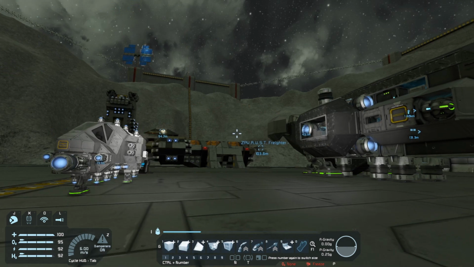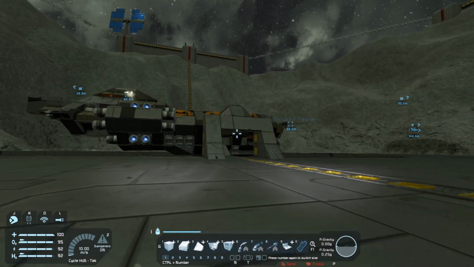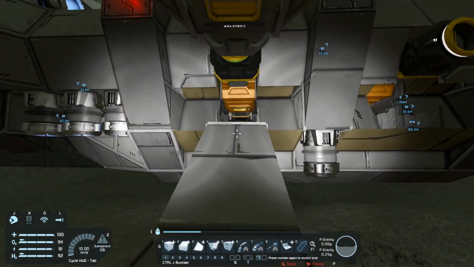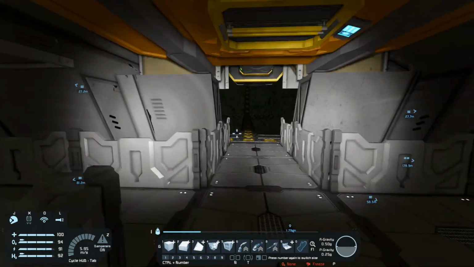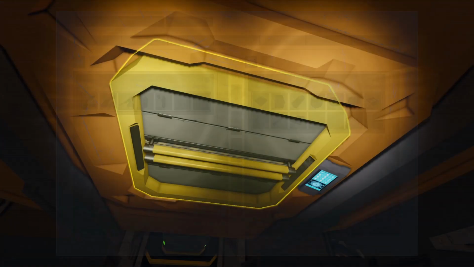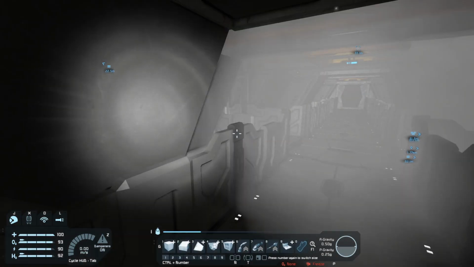Okay, I've finished what I need to do in the base, and I've loaded up the freighter with some components. I think we'll need to go back to grab some more anyway, but we've got plenty of components, as you can see here. It's not much. Well, I say not much. That's 3,000 steel plate. But we're trying to set up quite a sizable mining...